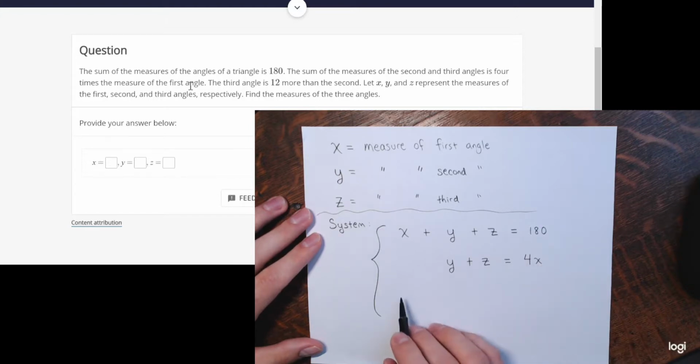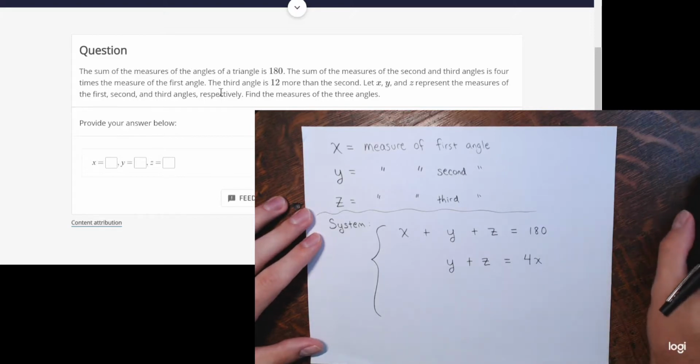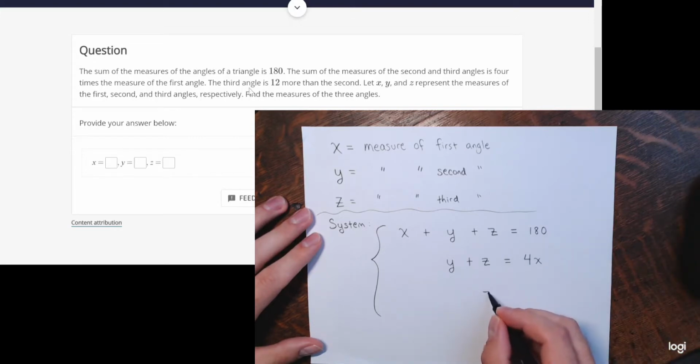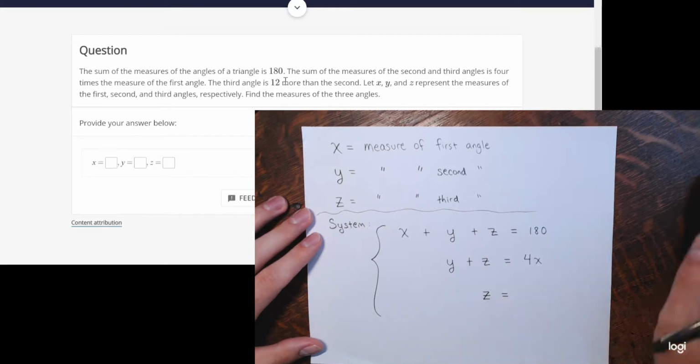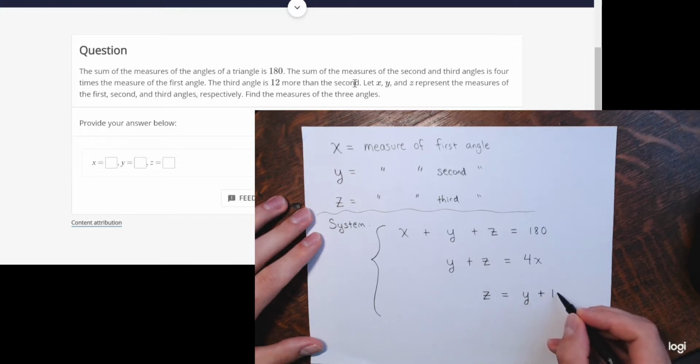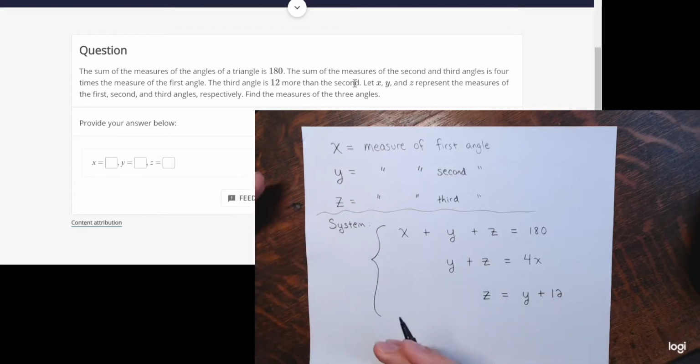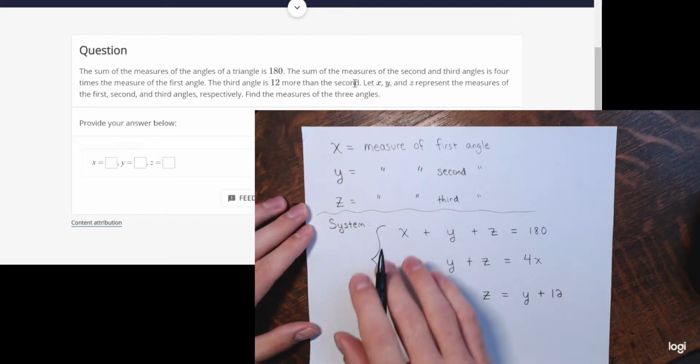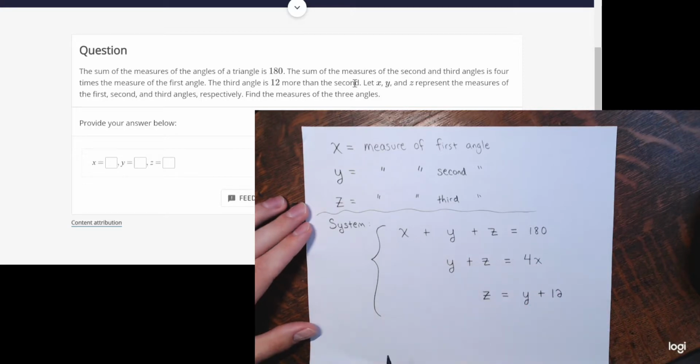And then finally the next sentence will give me my third equation. The third angle is, so the third angle, which is z, is, right, equals 12 more than the second angle. So take the second angle, y, and then 12 more than that would be y plus 12, right? And you're looking for key words like more than. So here they are. 3 equations, 3 variables,